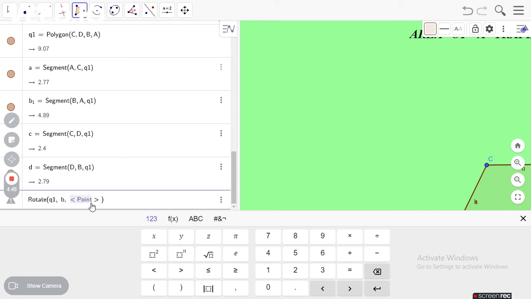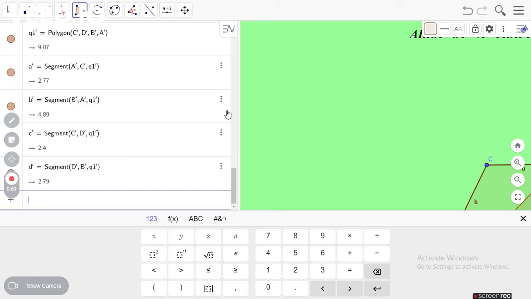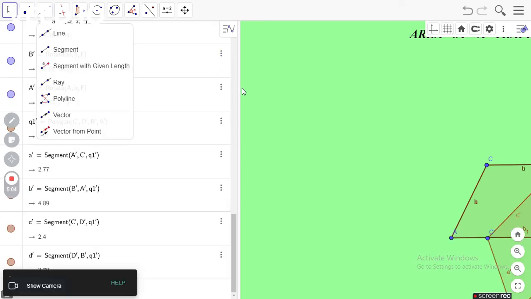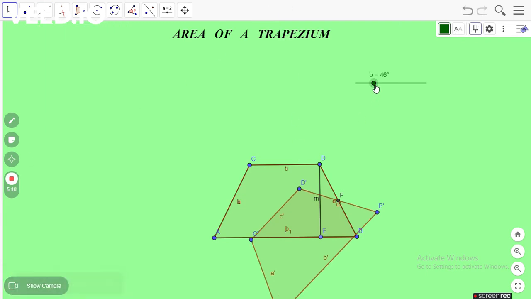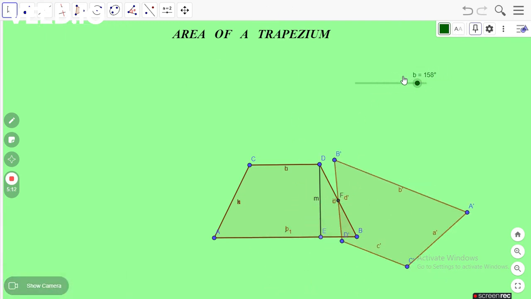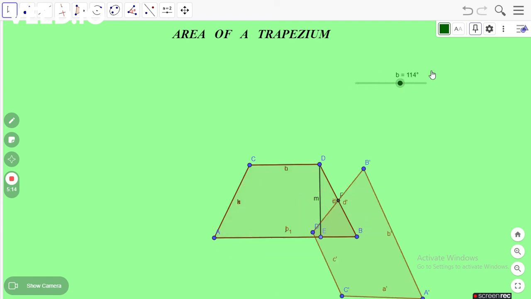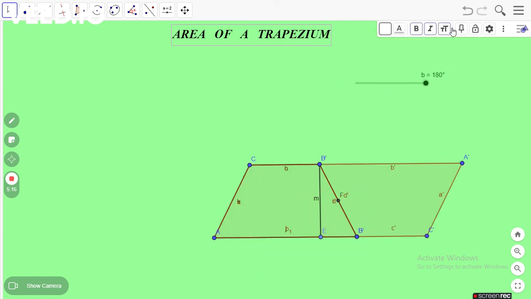In the place of point, we will write capital F, because the midpoint between B and D is point F. So we will enter. After that, the dynamic object is shown. We will pin this.